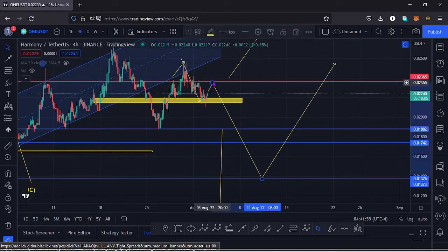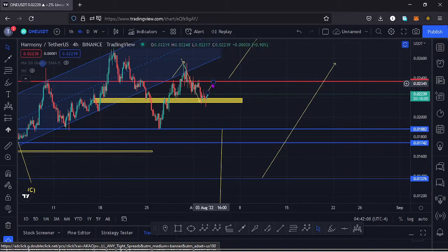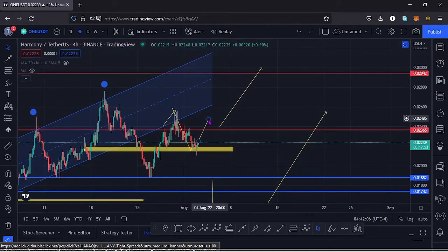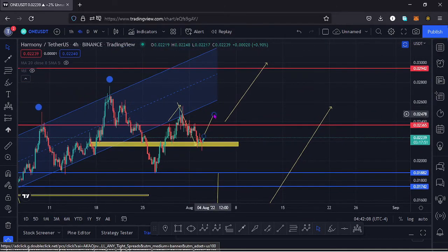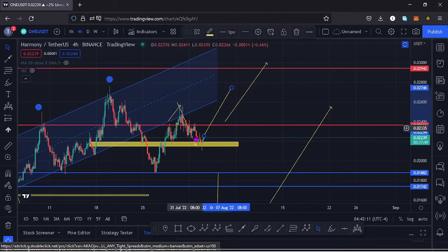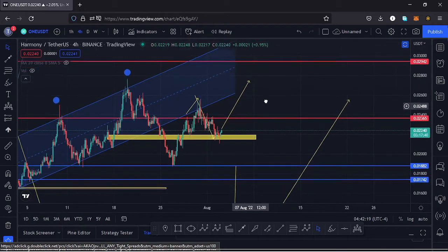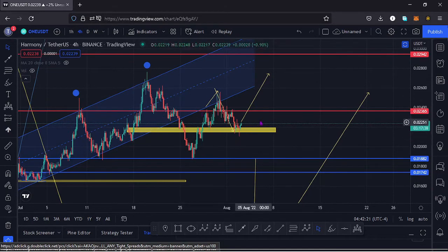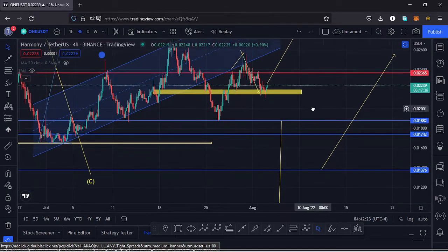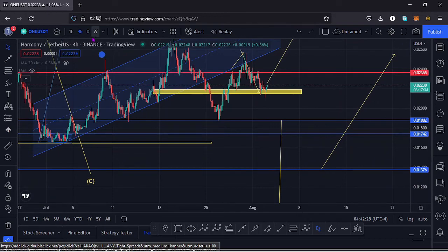And in case we find a reversal within this area right here and continue pushing higher and break above this key area of resistance and make new highs, then my head and shoulders pattern will be invalidated. So I'll have to remove it from the chart and start sketching out even more bullish scenarios. So I hope this movement to the upper side plays out and we invalidate that head and shoulders pattern because it's looking too bearish. And if I also jump to the daily chart,